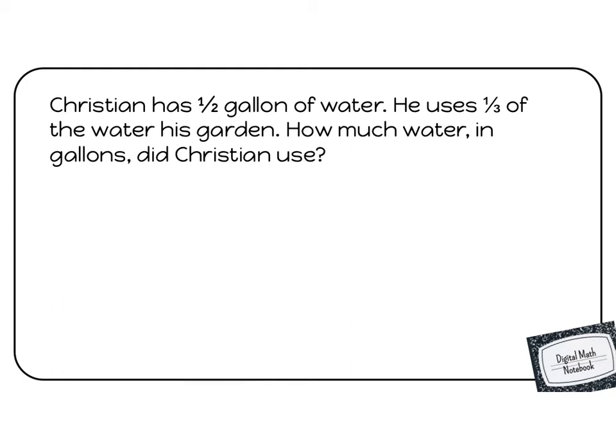Okay, so let's go back here and look for some important information. He has 1/2 gallon. He uses 1/3 of, there's my of, the water to water his garden. How much water did he use? So it's not subtracting because I didn't say he used 1/3. I said he used 1/3 of the amount that he had. So that of is really important. Sometimes we see this word use and we think that we need to subtract, but in this case, we're going to multiply. So we have 1/2